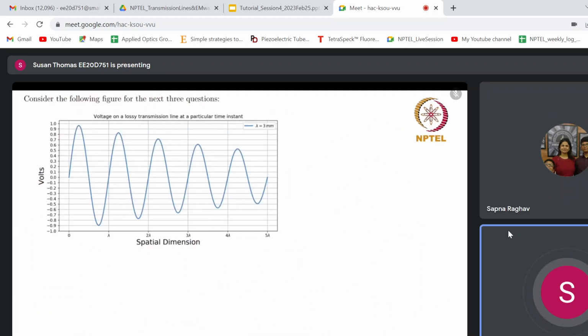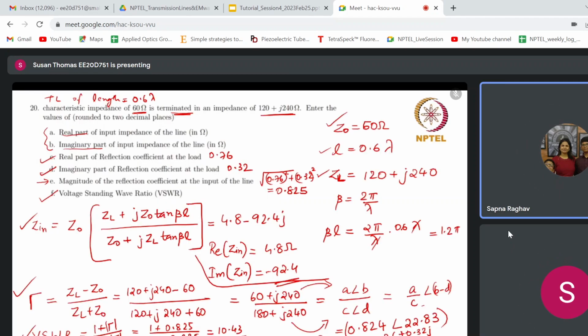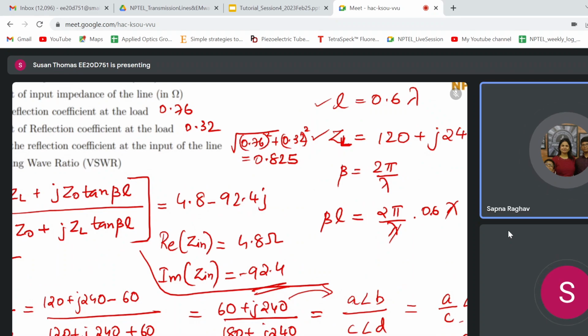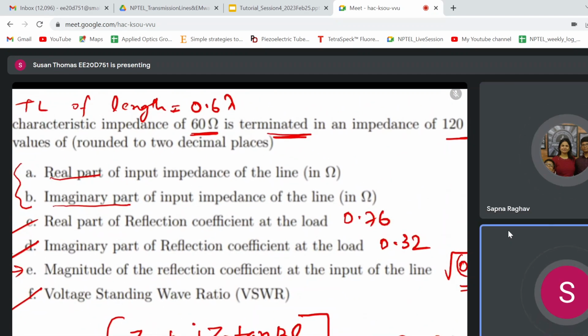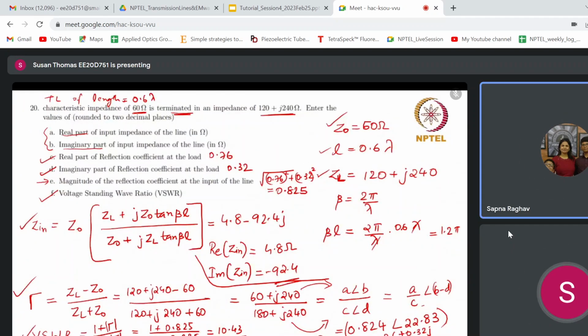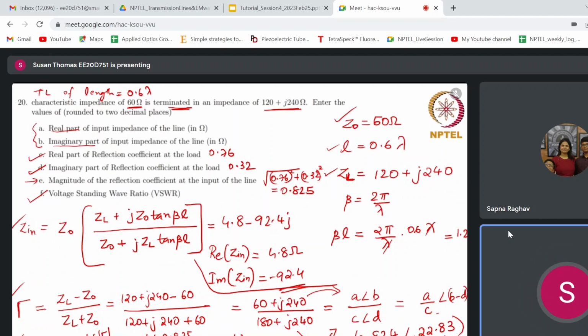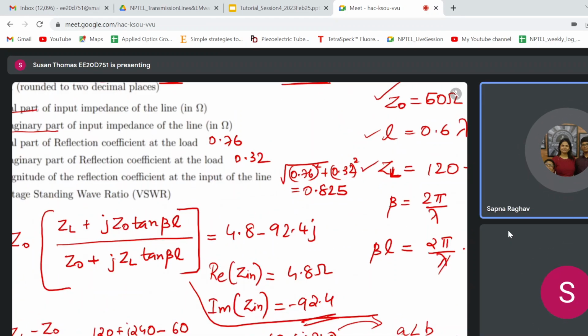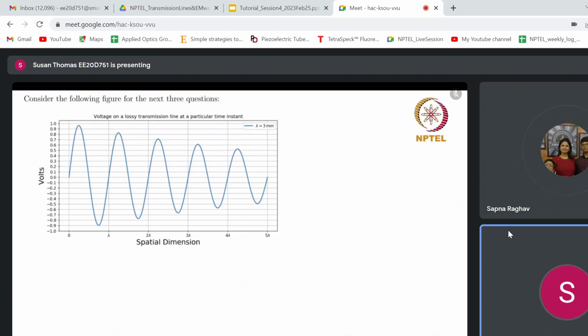Hope I can move on. Yes, ma'am. But before that, can we zoom the screen so that I can see the question part on a bigger screen? My screen is full size. Just a moment. You need to see which part? Question number 20 is clear. Whenever we are doing the next one, a bigger window. Yes, ma'am. Thank you, ma'am.